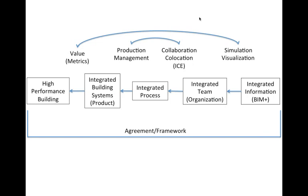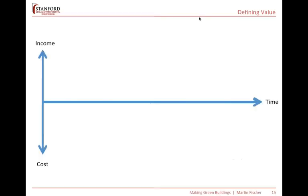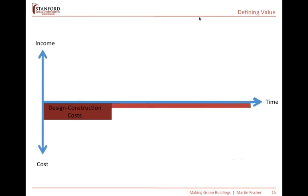So how do we carry this out, and where are we today in accomplishing this? I want to share a couple more conceptual frameworks and then go into some examples. Every building has, of course, some design and construction costs, and it also will have some facility maintenance costs,